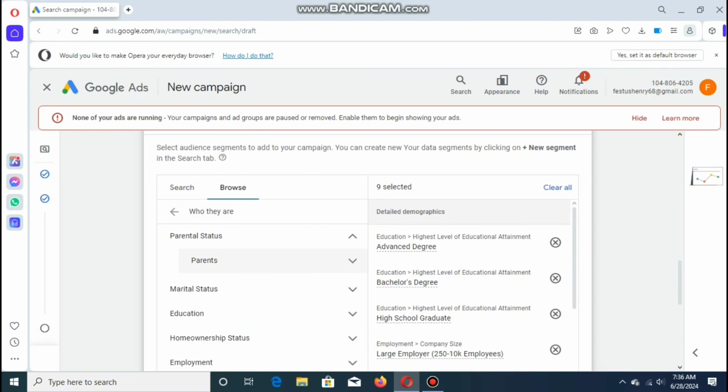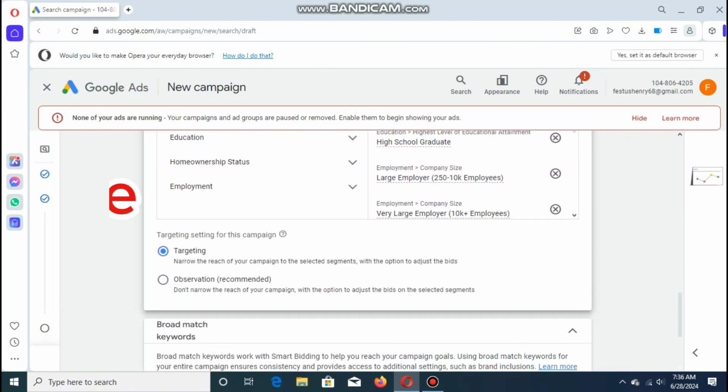And then come to marital status, do the same. Come to education, the same thing. Home ownership, you do the same for all of these aspects. Once you are done with these aspects, you scroll down to the next section, which is targeting